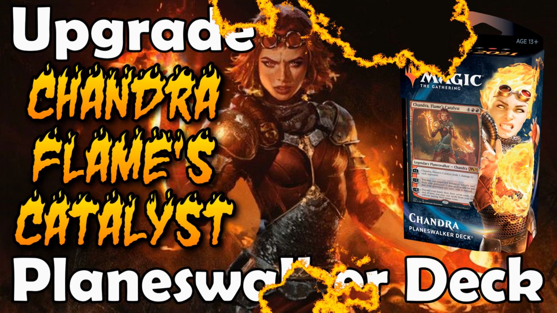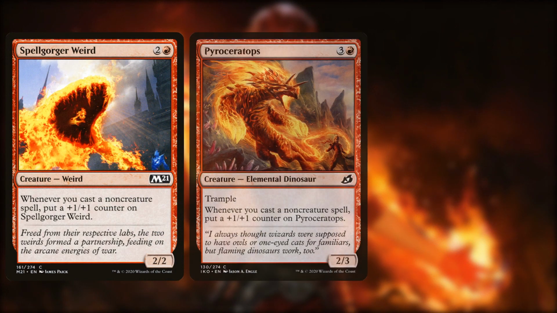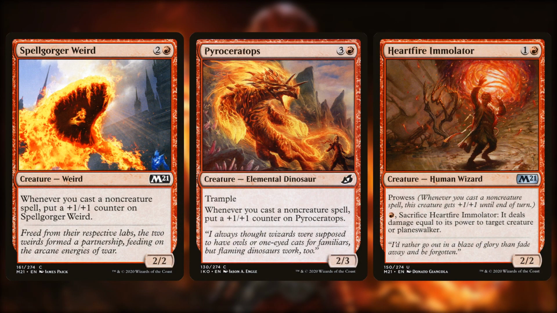So the Chandra Flames Catalyst deck is basically an aggressive, burny red thing, like most mono red decks, but it has two sub-themes. The first is casting non-creature spells. We can see this with things like Spellgorger Weird, Pyroceratops, and Heartfire Immolator. All of these will get bigger as we cast more spells. The first two will get +1/+1 counters, and the Immolator has prowess, so it'll get +1/+1 every time we cast